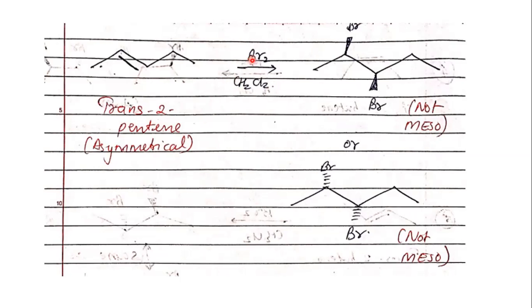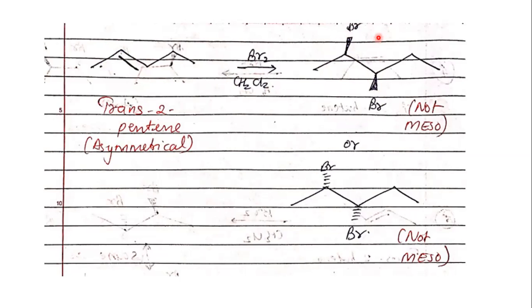So now when there is bromination involved, again there will be anti-addition. Same like last time, there will be a Br here, there will be a Br here. If you can't see, this is Br, this is also Br. So again, I can see here this kind of configuration I will get. But now, is this a meso compound?